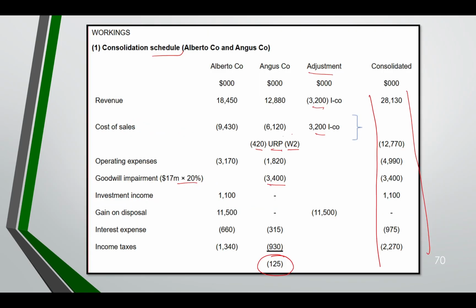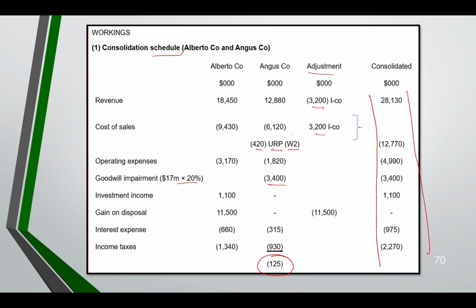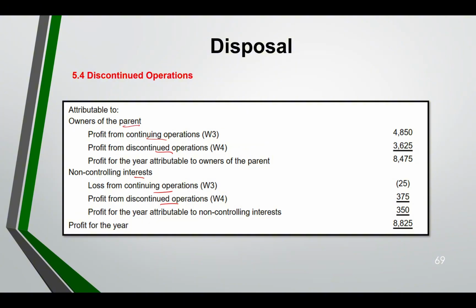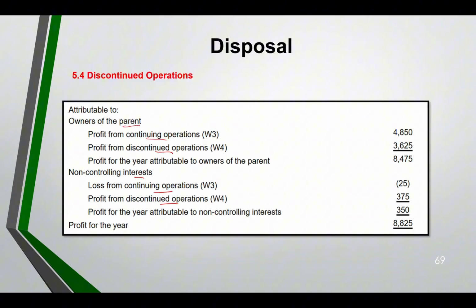Okay, so then comes your working number 2. Unrealized profit is easy. You have been given the profit and the percentage of it remaining in the inventory, which is 30%, that is here unrealized. Then we have NCI. This is for profit that goes to NCI working. So this is the loss to subsidiary and take 20%, and then the balance is for the parent. Since you still have the profit, right? It is easy to calculate. Okay, if you see now,